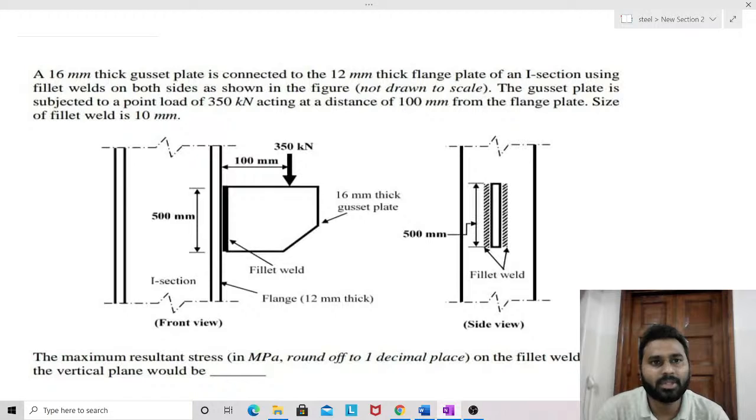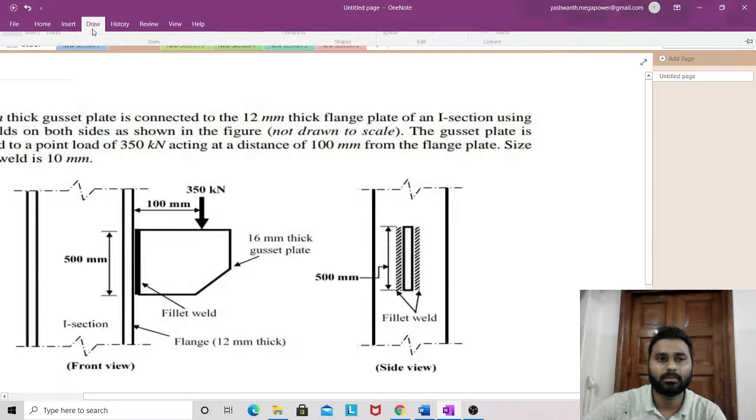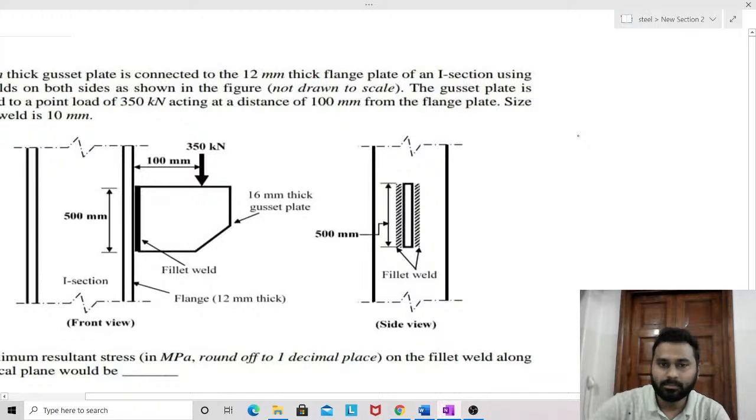A 16 mm thick gusset plate is connected to a 12 mm thick flange plate of an I section using fillet weld on both sides as shown in the figure. If you observe here, this was the gusset plate, very clearly mentioned. This is a gusset plate having a thickness of 16 mm, connected to